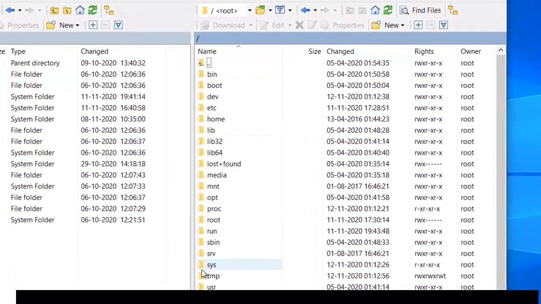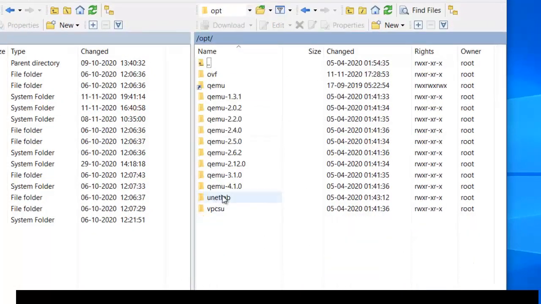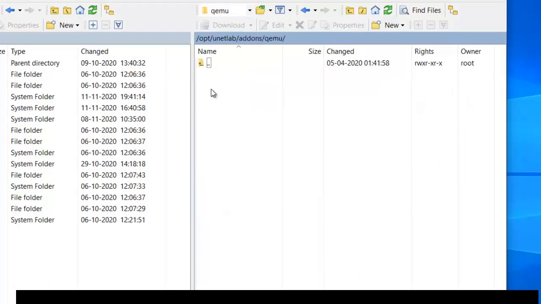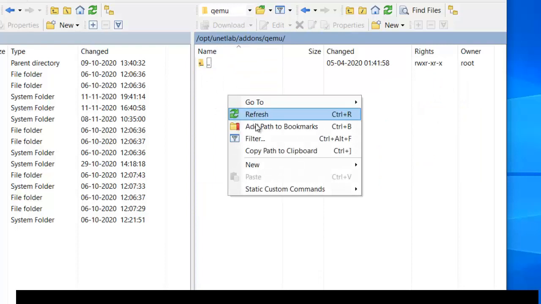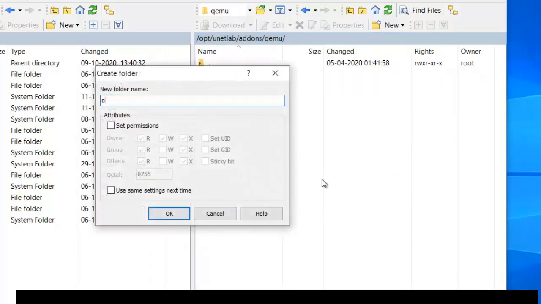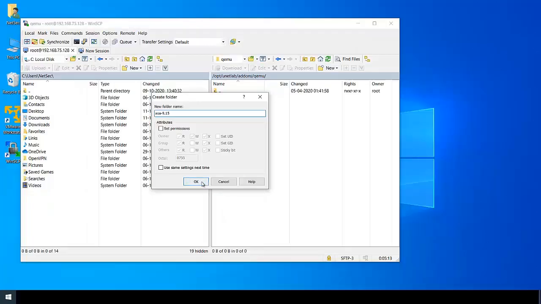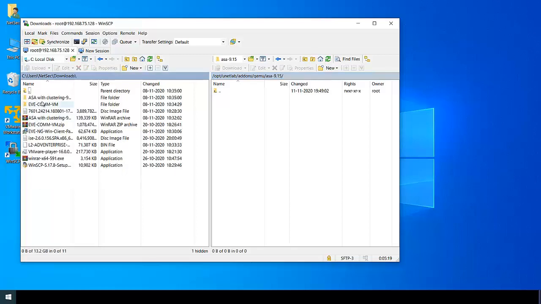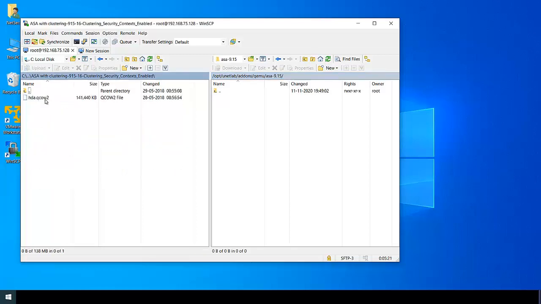Go to the folder opt, open it. Inside that folder go to unl labs, then go to addons, then go to qemu. Create a new directory, name it asa-9.1.5. Open it, and on the left side go to your download folder and open the ASA folder.